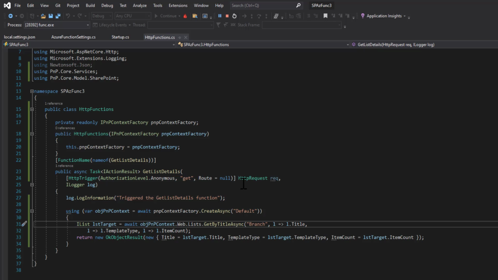I will refresh this and see the count has changed. Now you can see only 2 items. So this concludes that our local API is working and it is communicating with SharePoint without any issues because of the app we registered and the certificates we used. Next, let us see how we can publish this function app to Azure.